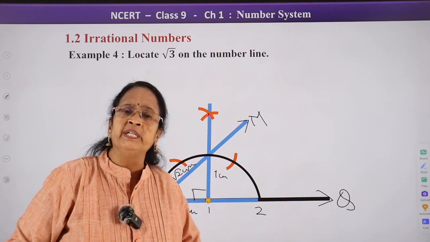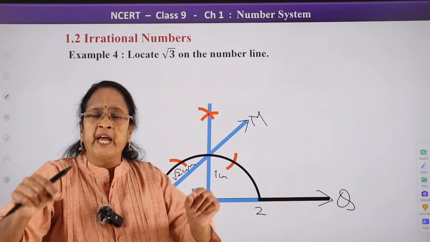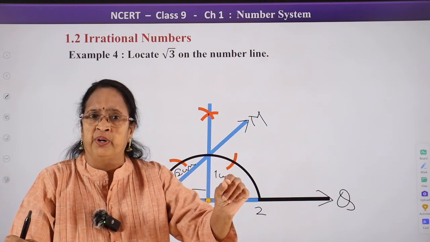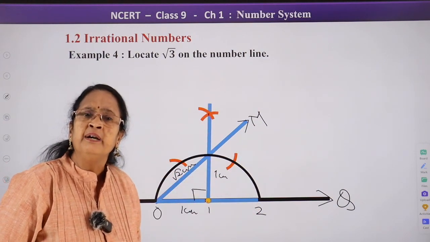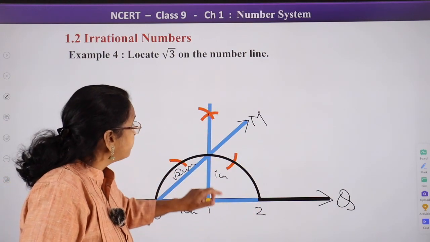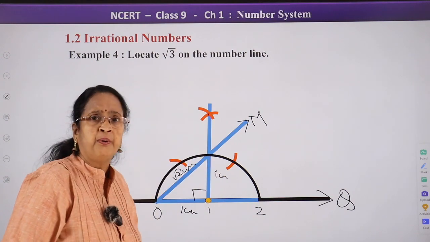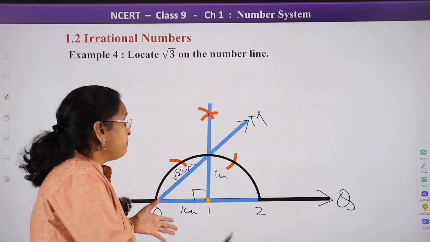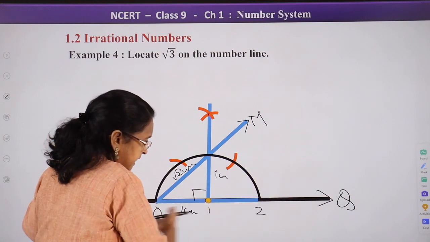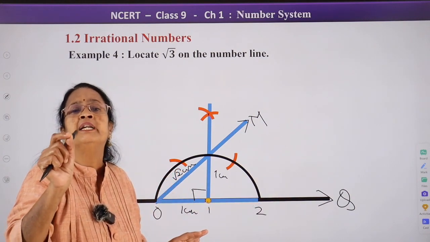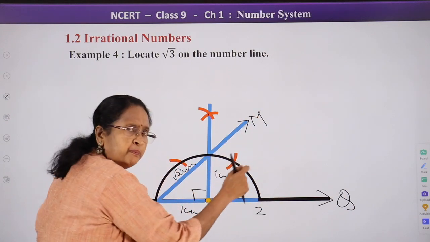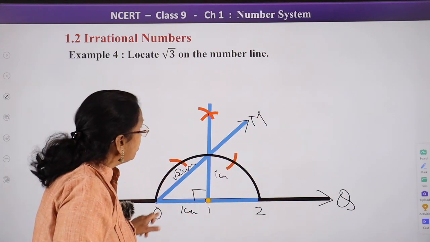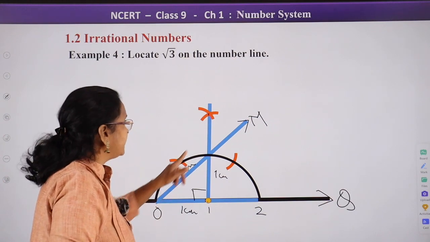In your exam, you change the position of your notebook. Bring this to the base and make it the base, because you have to draw 90 degree from here now. Keeping PQ as the base, it is a little difficult to draw. In the exam, you just shift your notebook a little bit down so that OM, the 0 point and M,